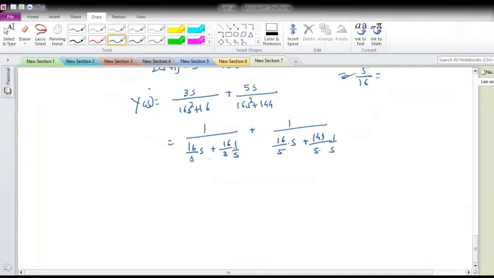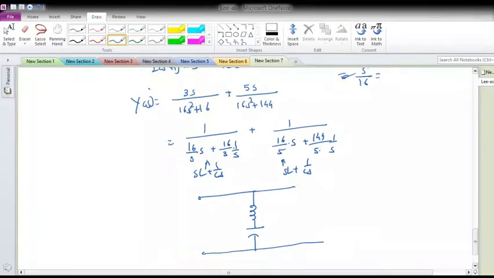Okay, and now I have to realize it. So these are the impedances, which will be sL plus 1 over sC. Similarly here also sL plus 1 over sC. So how will be the realization? It will be simply the inductor in series with capacitor for the first Z1, and what about the second? It will be again the same in parallel form, that is this with this. Why is it in parallel form? Because I am evaluating it as an admittance.